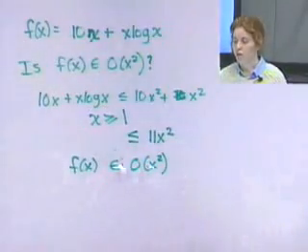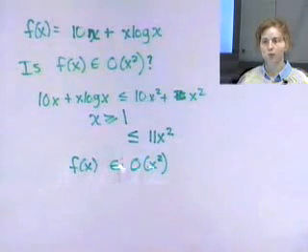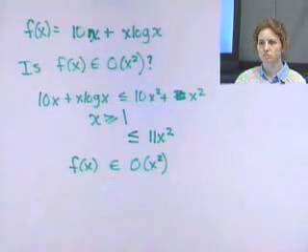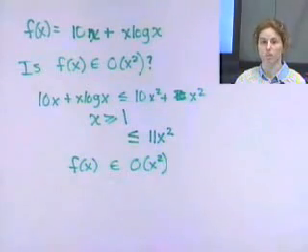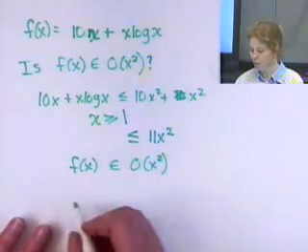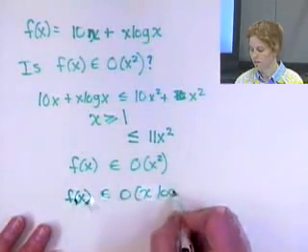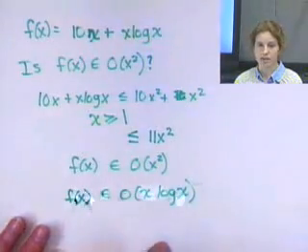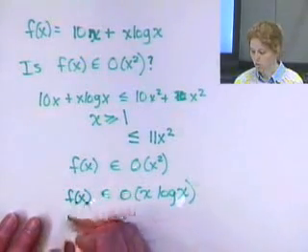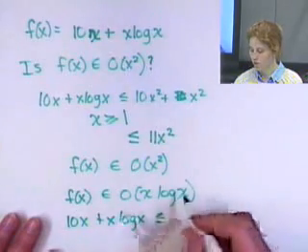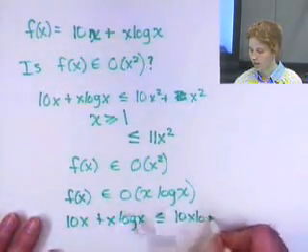If I wanted to find the smallest possible big O, then I would say that f of x is in what? X log x. It would be in x log x because that's the smaller of the two functions that I'm adding together. So f of x is also in big O of x log x. And I could prove that the same way I just proved this one. So 10x plus x log x is less than or equal to 10x log x